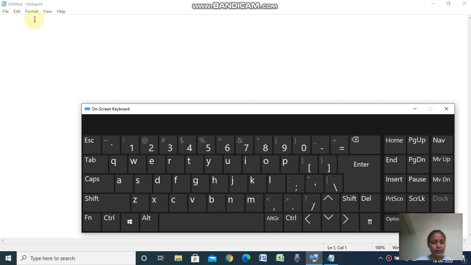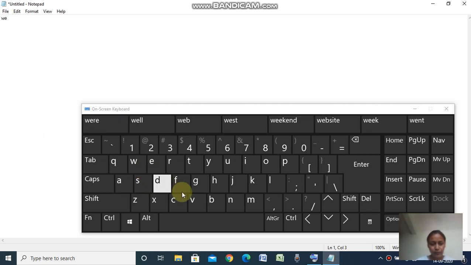So children, let us type the sentence. Give space with the help of this space bar key.